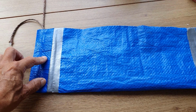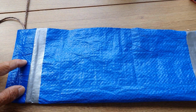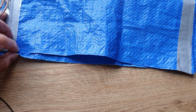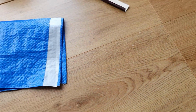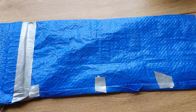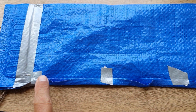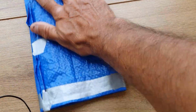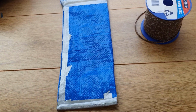And so what you do is you fold the bag in half. Obviously the tape's on the outside at the moment, and we're going to join it. Now what we're going to do is join it here using a fold, basically fold these seams together so that they form a waterproof joint. So like so. Now we're going to put a piece of tape down this edge here, and then we're going to do exactly the same on the bottom seam. Okay, so there we go, both seams done,